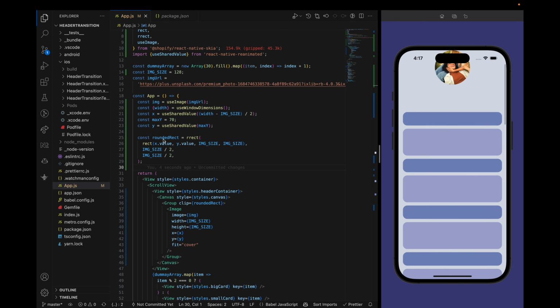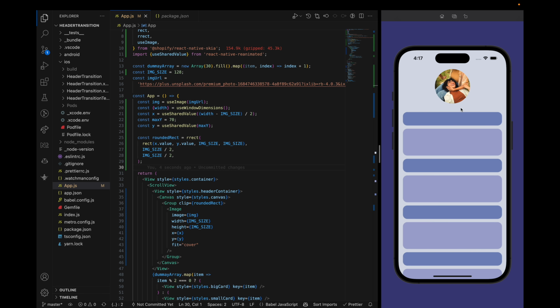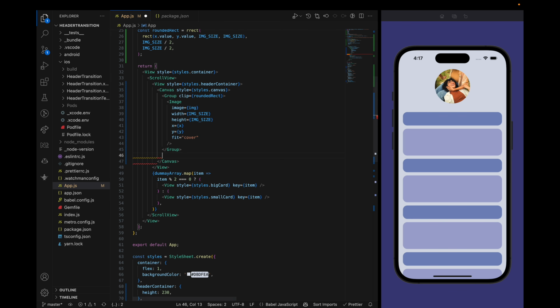nothing is changed. Let me see why it is not working. If I reload this, yeah, so now it is perfectly aligned to center, where it was with the React Native image. Now we have to add a dynamic island shape in our canvas. Let's add that. So it will be a